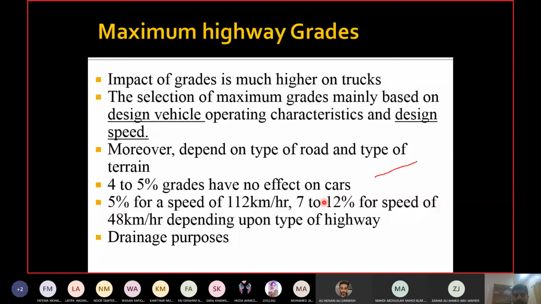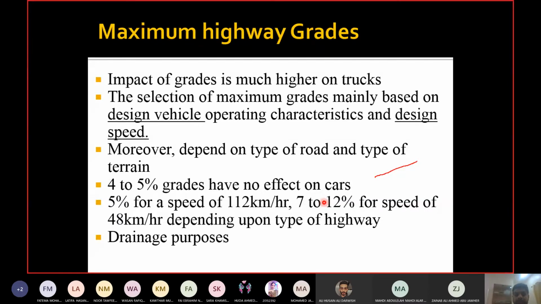So just having cross slope is not enough. You need to give some gradient as well, so that the water can also move forward. So it will make sure the drainage is faster from the road, and also make sure the water is moving in the channels towards some disposal site or towards some outlet as well. Okay.